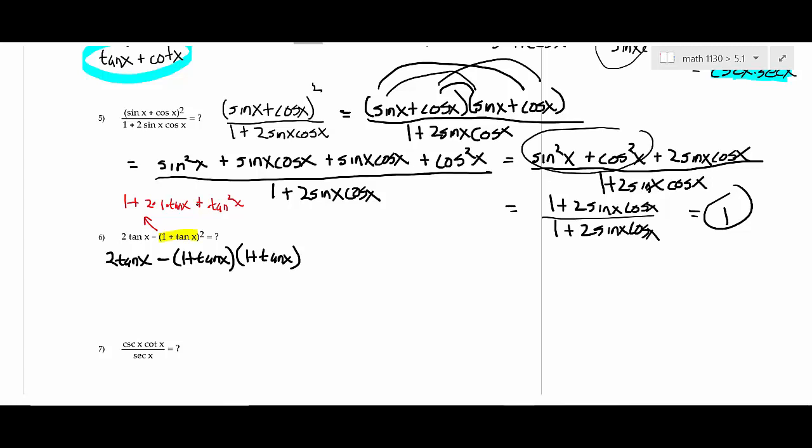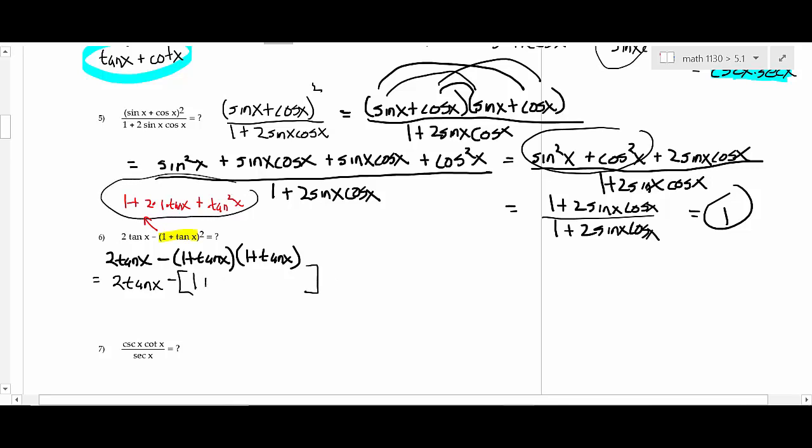That's what you're going to get if you FOIL it anyway. So I don't care which way you do it. Just want to make sure you do that correctly. Okay, so that's going to give 2 tangent x. Now I need to have a big parenthesis or grouping symbol. The result of that would be 1 plus 2 tangent x, and then plus tangent squared x like that. Okay, I'm going to distribute that negative through the parentheses, so I'm going to get 2 tangent x, and just change all the signs like this. So I'm going to have 2 tangent of x minus 1 minus 2 tangent of x minus tangent squared x